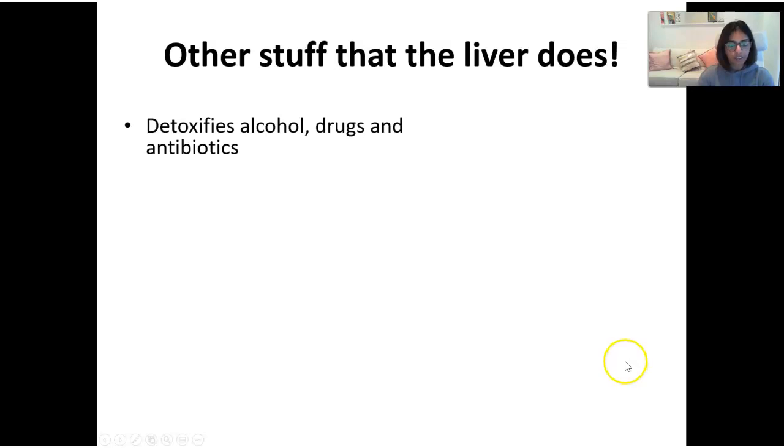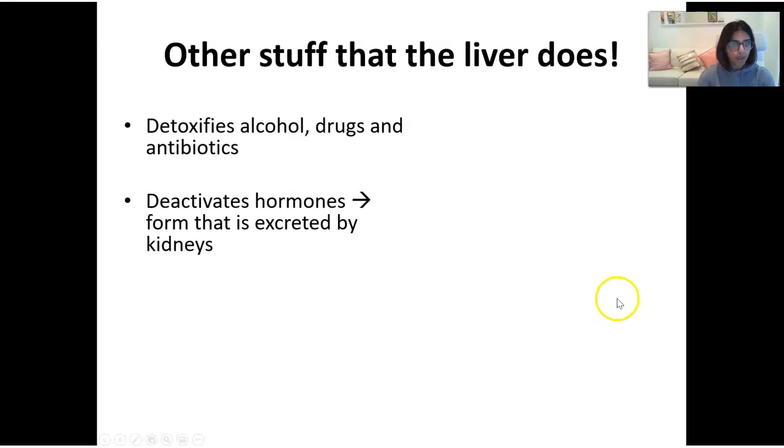So the liver does other things, and it's a very, very important organ. It will detoxify drugs and antibiotics, and it makes them safe in your body. Now, the liver also deactivates or switches off hormones, which can then be excreted through the kidneys. So any hormones in your body that you don't need to be sending messages anymore, the liver takes care of